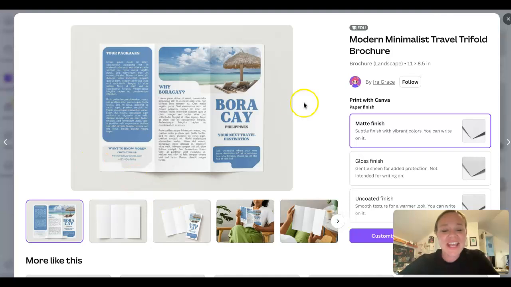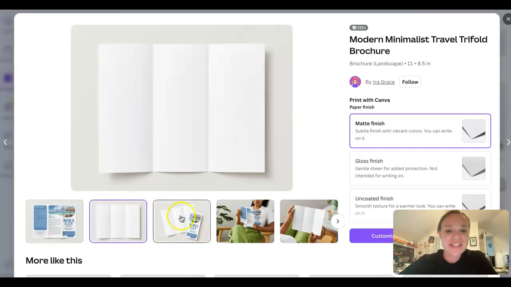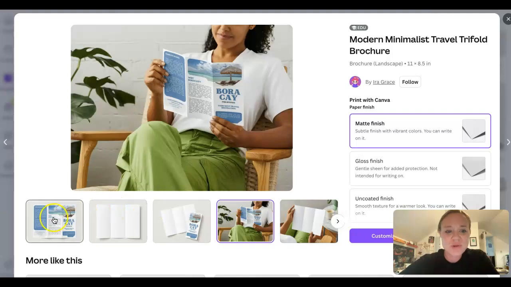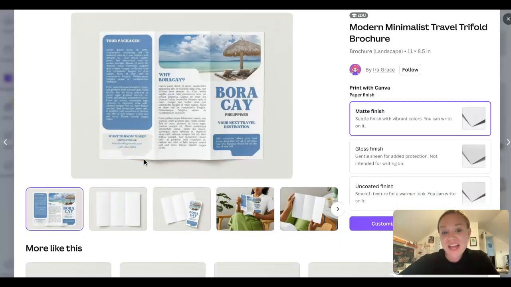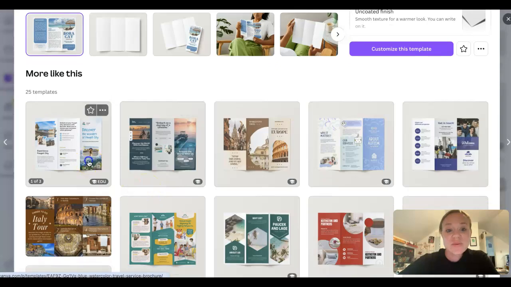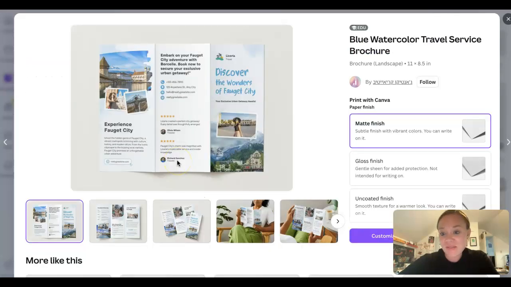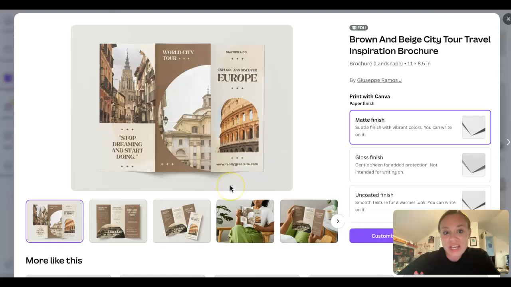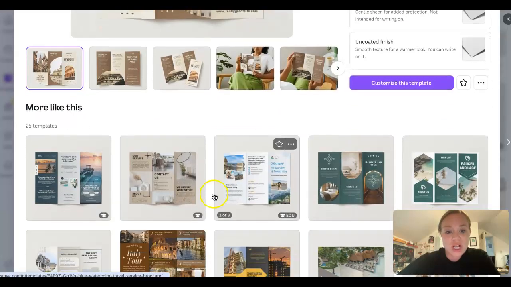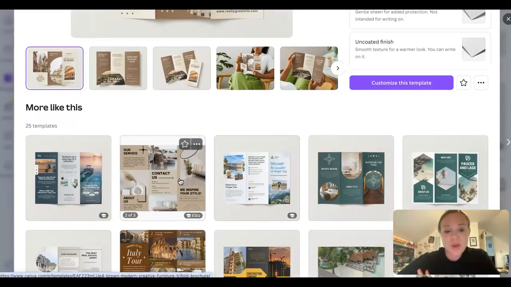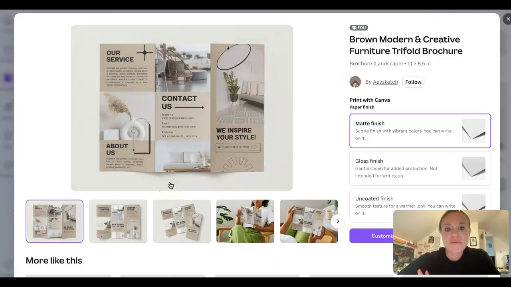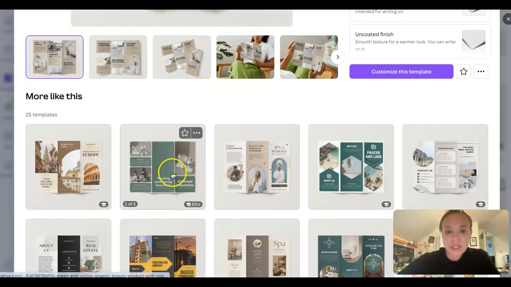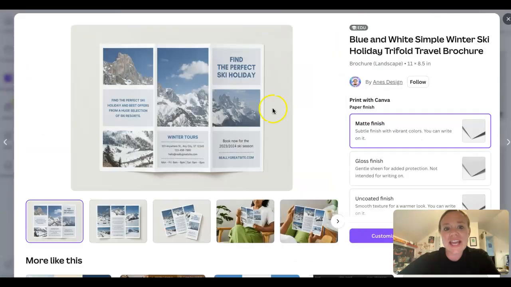Okay, so here we are in Canva, where there are some examples of what a travel brochure might look like and things that you might include, and you are more than welcome to use any of these templates in Canva to create your travel brochure. Now remember, it must follow the expectations and parameters of the assignment, which include two different locations, looking at the climate of each location, and its location or proximity to the equator, and what that